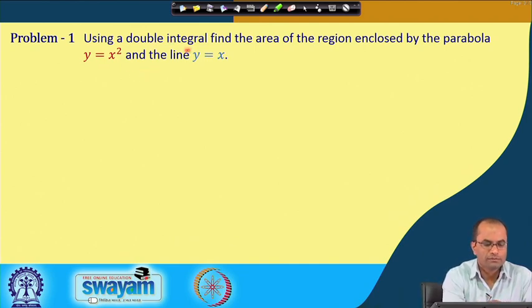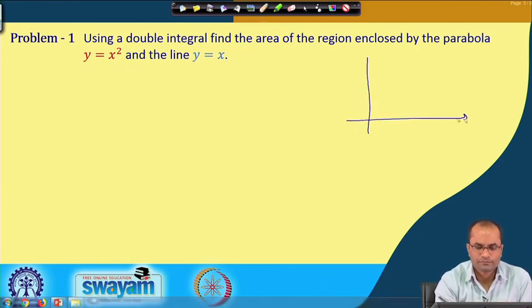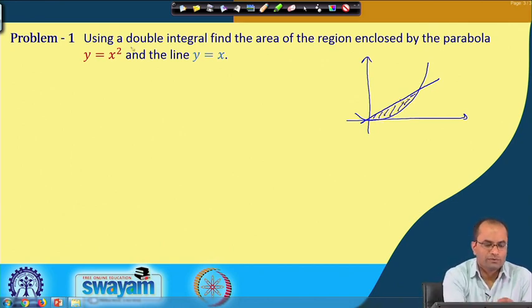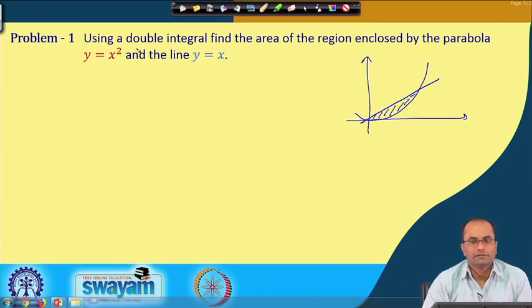So, here using a double integral, find the area of the region enclosed by the parabola y is equal to x square and y is equal to x. So, we have two curves here. One is the parabola y is equal to x square and the other one is the straight line y is equal to x. So, the area here enclosed by these two curves we want to find using the double integral, and the idea